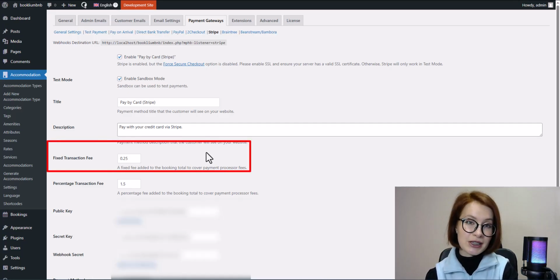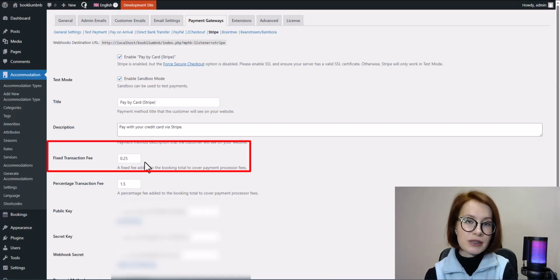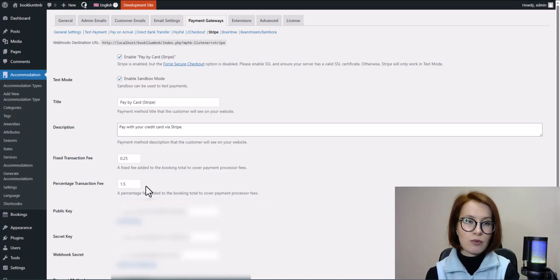The fixed transaction fee is a flat amount added to what the guest pays at checkout, whether that's the full reservation cost or just a deposit. The percentage transaction fee works a little differently. It's calculated as a percentage of the amount the guest pays at checkout. And again, I'd like to highlight that both types of fees can apply either to the full reservation amount or only to the deposit. In other words, the fee is always based on the amount actually paid at checkout, depending